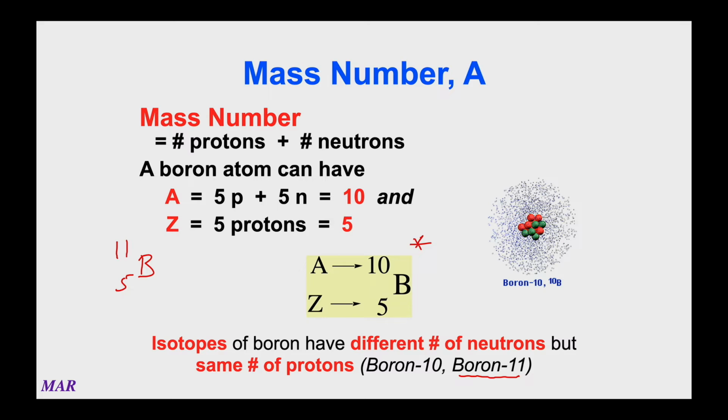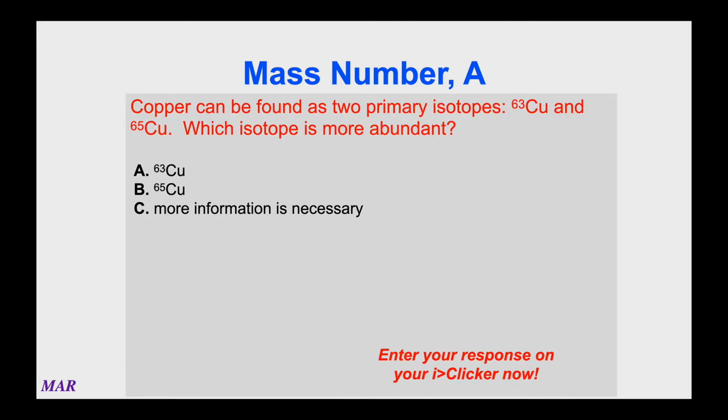So you change the number of electrons in an atom, you make it positive or negative ions. You change the number of neutrons, then you'd have a different isotope. But if you change the number of protons, then you actually change the element itself. Okay, so this is a question that's a quick review from Chem 221.